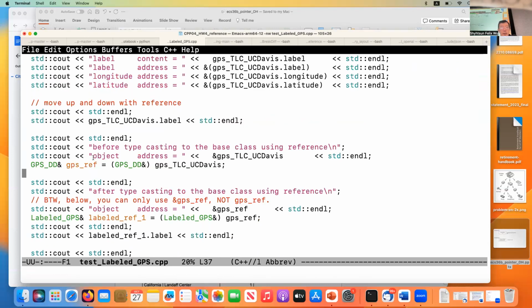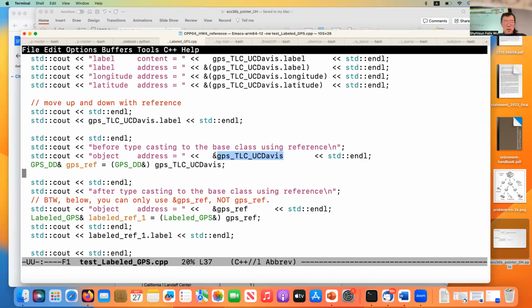I print the object address, the object of GPS, TLC, UC Davis. So these are the attribute addresses, but I can also take the object like this and put an ampersand sign. That's the object address.